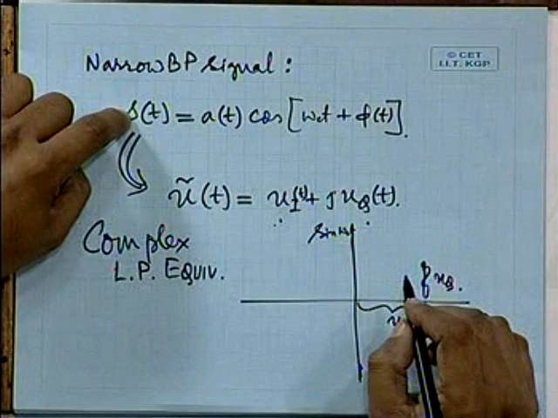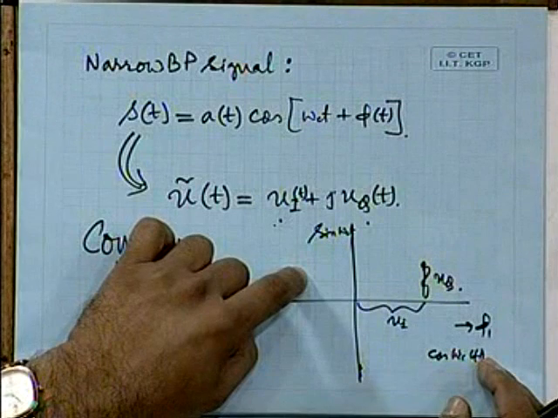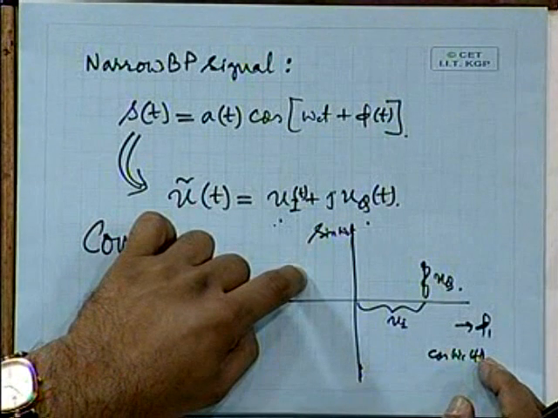So what I do is the integration, the way I got the coefficients si1, si2, si3, isn't it? So I get the corresponding values for ui t and uq t, and I can represent the signal point for this s t in this two-dimensional signal space,